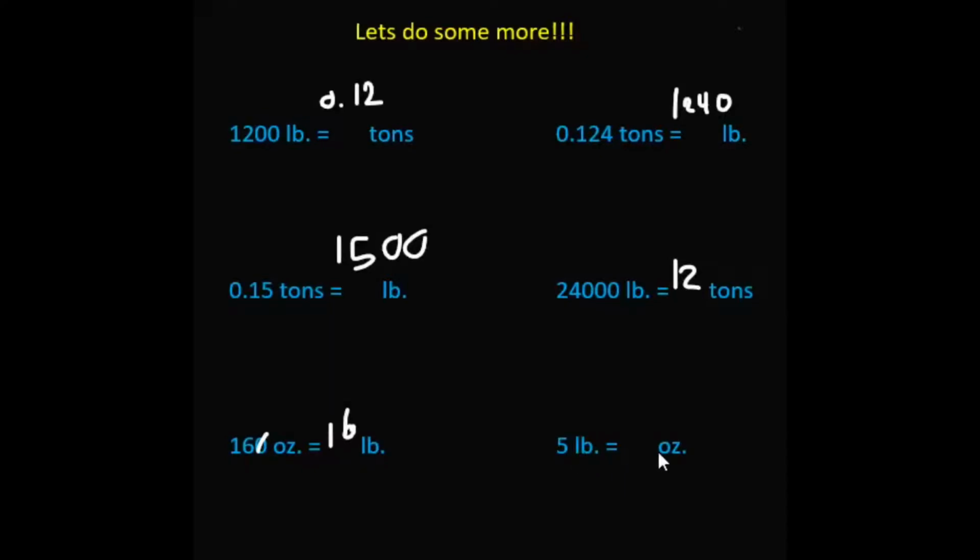5 pounds equals how many ounces? So now we have to do 16 times 5, which is 30. Then we add the 3 here. 5 times 1 is 5, plus 3 is 8. So 80 ounces. Okay, so now that we did that,